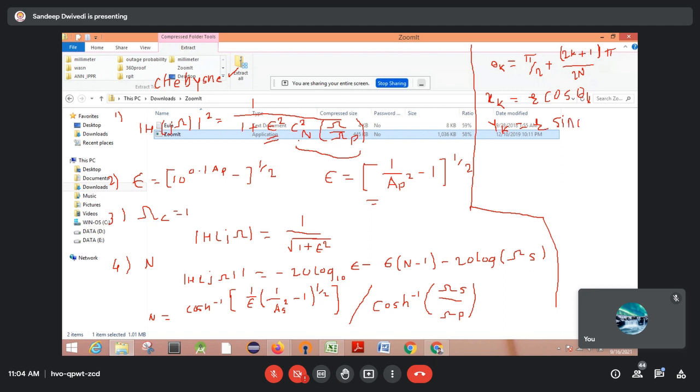Okay, so theta k indicates the major axis, so this will be capital R, and small r is the minor axis. So how can you find the major axis and minor axis? For that you need to use a formula. For the minor axis, r is equal to omega p, the cutoff frequency, into beta square minus 1 upon twice beta.